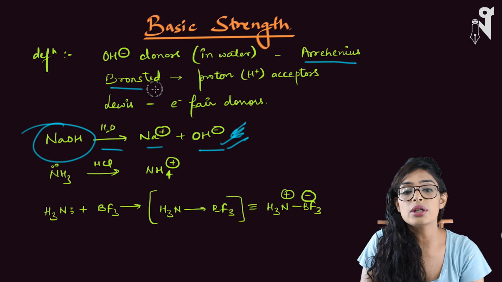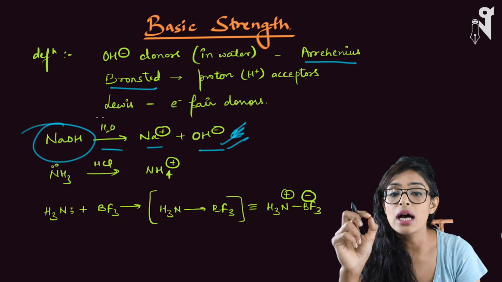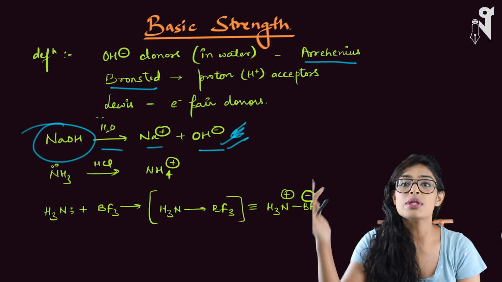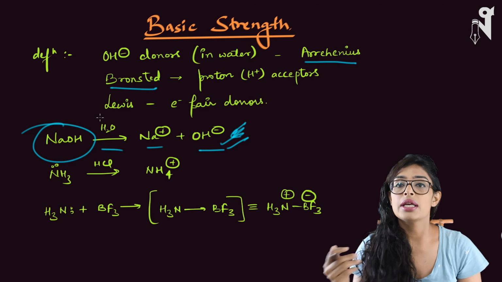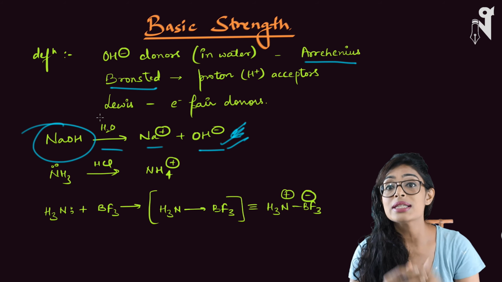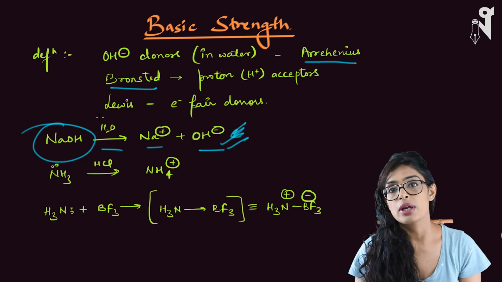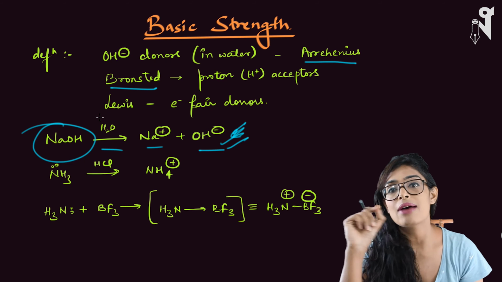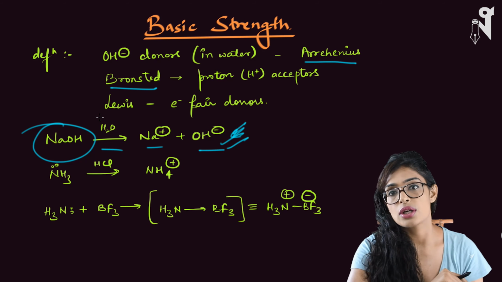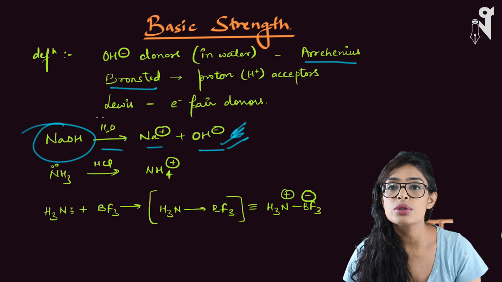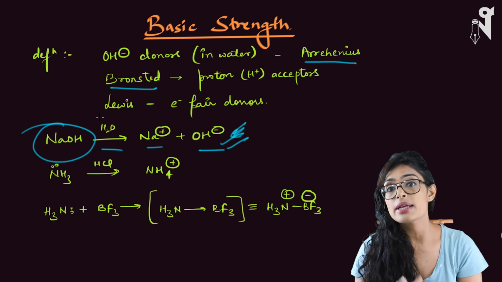Next is the Bronsted-Lowry concept, in which the bases are the ones which are proton acceptors. So they are electron-rich species and they accept H plus ions. They have that attraction towards H plus, they get attracted towards it, bring it closer to themselves and form the bond. So for that, the species should be electron rich. Now when I say electron rich, it can have lone pairs or it can have a negative charge. Either of them can be there, and because of the negative charge, or the excess of electrons due to the unused lone pairs, these species act as the base.